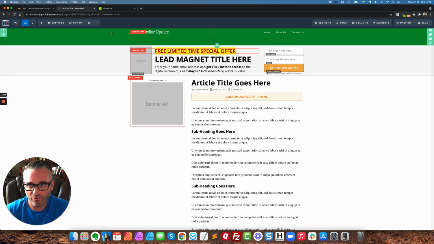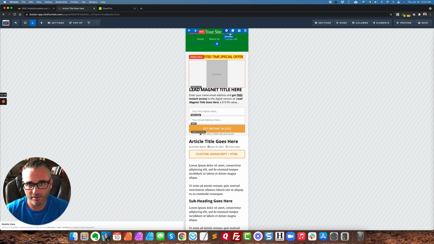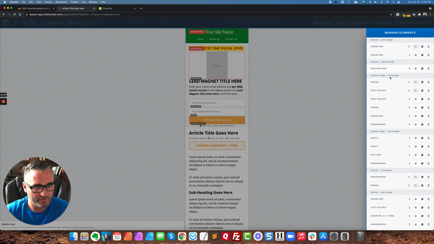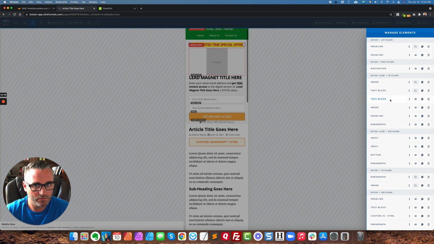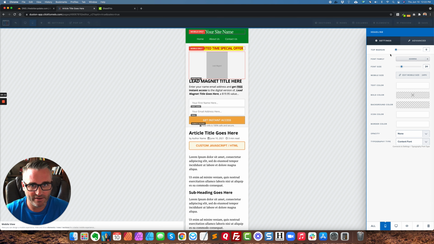So we can get the header bar done. I'm going to change this over to mobile so that I can edit my mobile logo. And this is another one of the hard parts, being able to click on the thing you want to use here. So there it is. You see, as I hover, I'm looking for that blue outline. See it turn to blue. So if I can click it now,